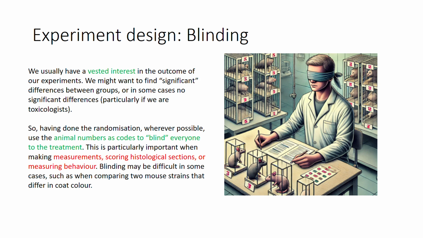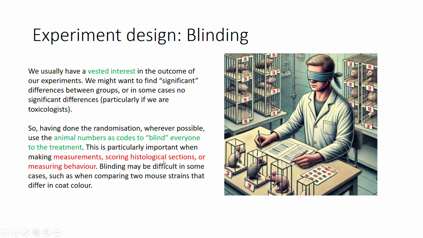So because of this interest, you might unconsciously do things differently when you are applying the treatment and when you are applying the control. And this is particularly important when you have to make subjective measurements, like measuring behavior,